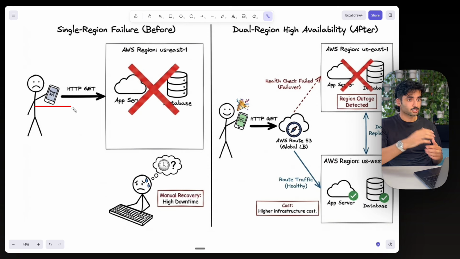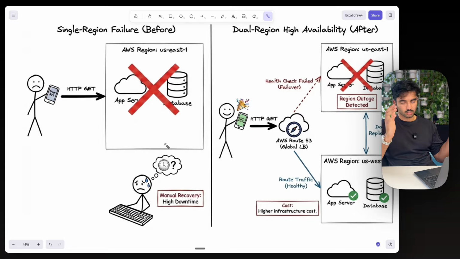So users like me trying to connect to see all of my DMs, they saw 503 errors. The service was completely down and developers all across the world were struggling. They were trying to manually recover things. But what if I told you this could be all avoided, and some companies actually did? This is what multi-region architecture gives you.